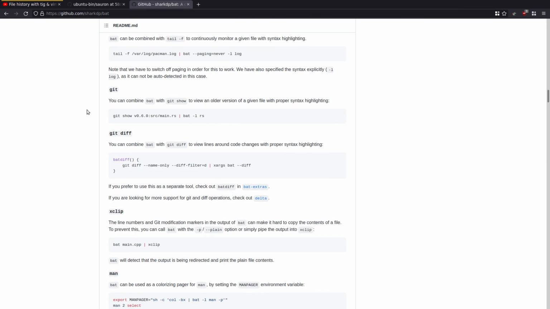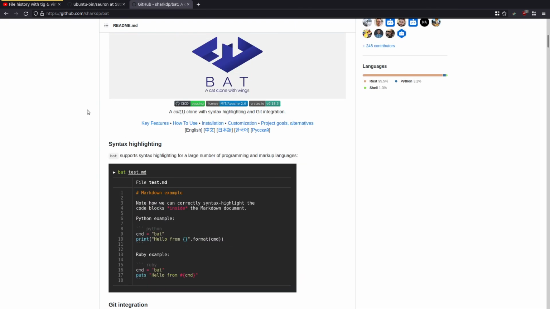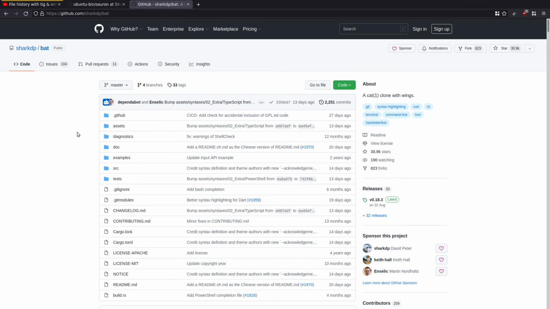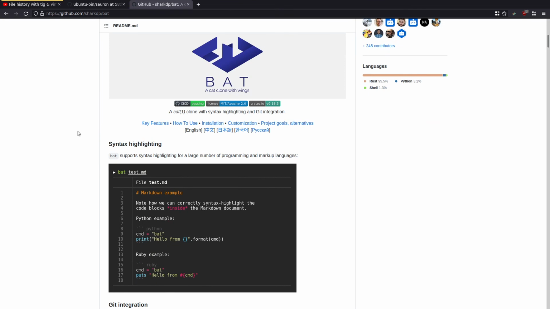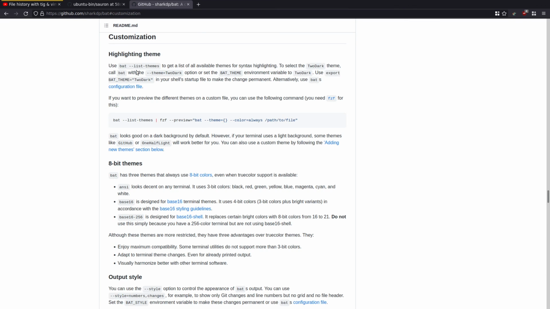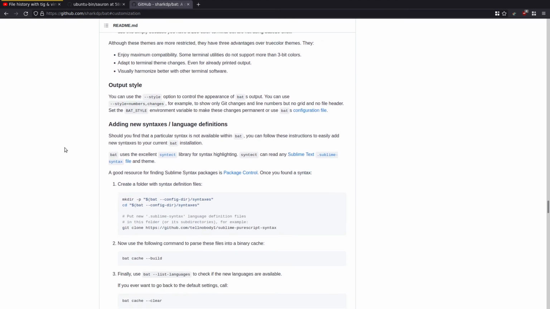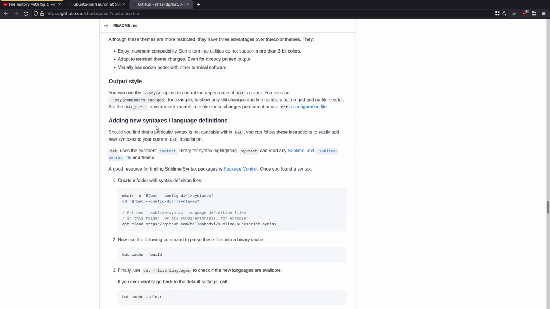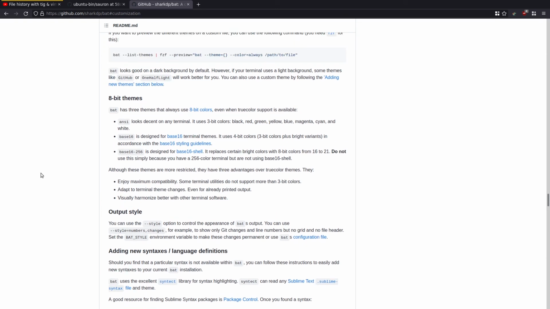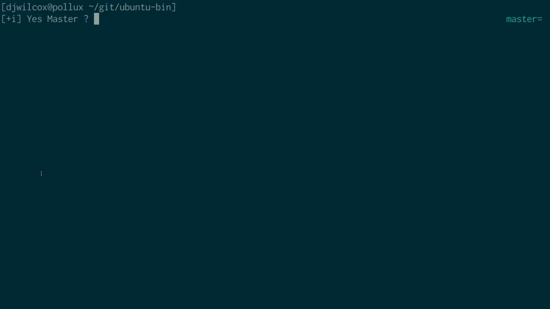So if you come across to this site, there'll basically be some stuff, probably a wiki here or something, telling you how you can customize it. So we go to customization. Okay, highlighting themes. So again, --list-themes, and this is basically going to tell you how you can install your own custom themes as well, or your own new syntaxes or language definitions. So easy to set up. Just install a couple of programs, add a couple of things in your config, and then again,